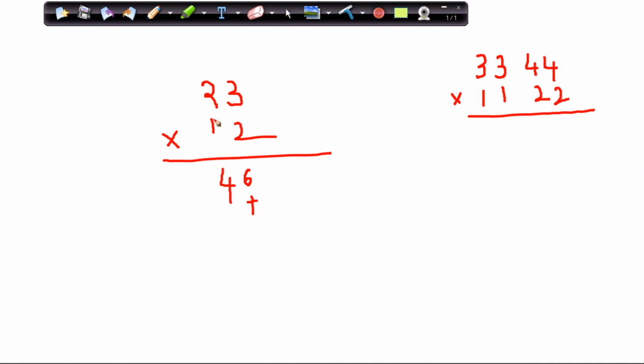Then again we take 1 into 3, that is 3, and 1 into 2, that is 2, and then we add this up, so 6, and this is going to be 7. So the result we'll get is something like this. Similar type of operation we are going to execute over here.